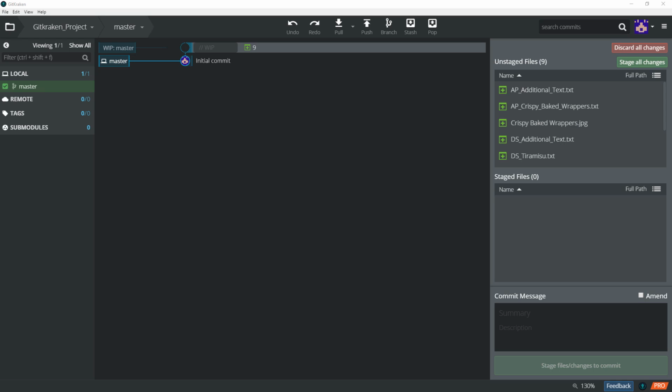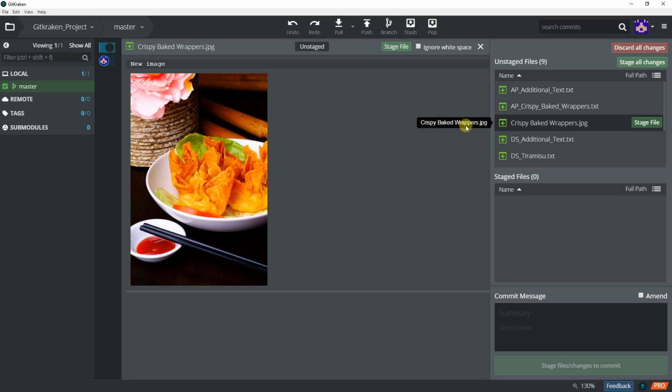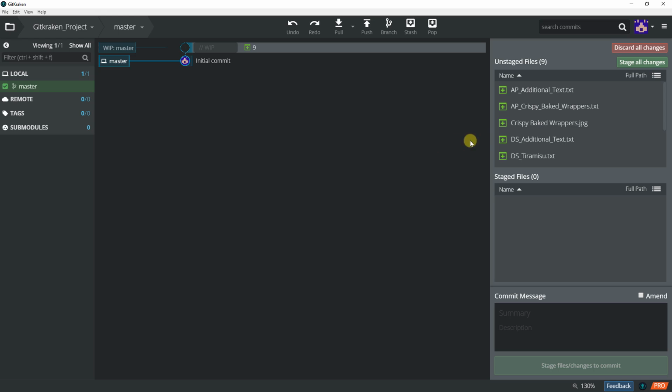So today I'm going to discuss how to ignore certain files from being tracked by Git. For example, in here, if you pay attention, we have 9 files from our downloaded course material. And if you can see, we have text files, and then some of them are JPEG files. It's an image file. And in our particular case, we don't need to keep track of the images because the images in our subtree are always going to be the same. If we have a lot of JPEG files in here, it's going to flood the stuff that we need to keep track of,